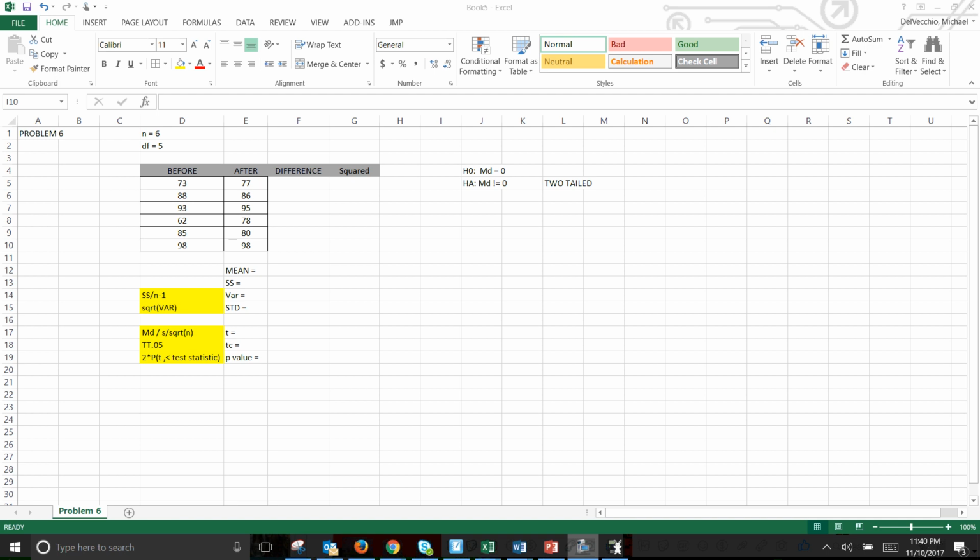All right, in this video, we're going to take a look at a problem from a samples test. This is problem 6, and we're going to be doing a t-test on the difference of the means. This is going to be an example of a paired mean, so a paired test. So this means that basically in this problem, we were given a pre-test and a post-test, and we wanted to